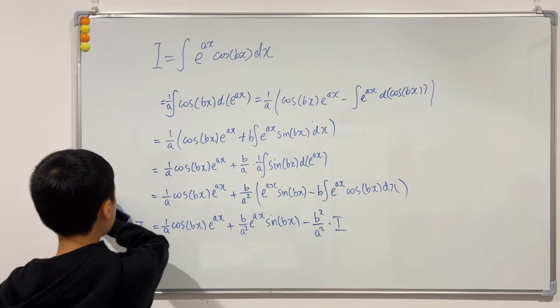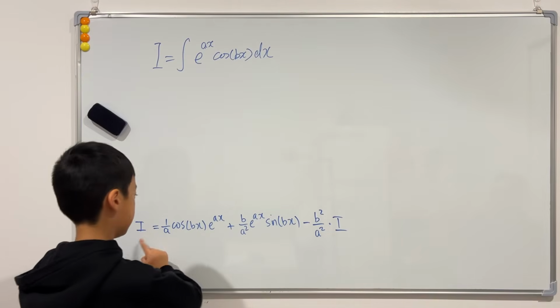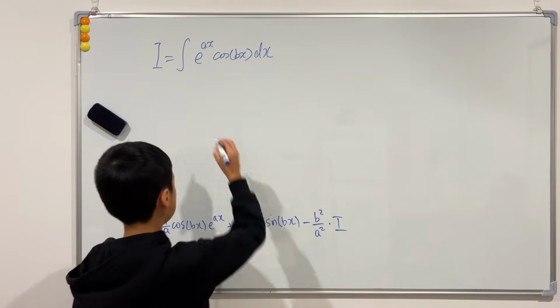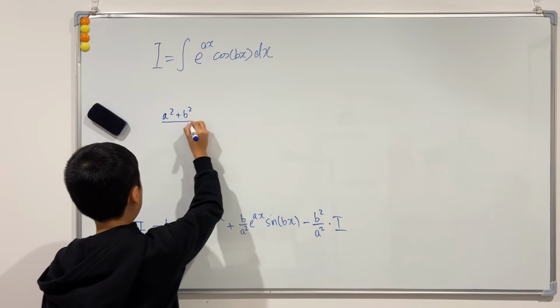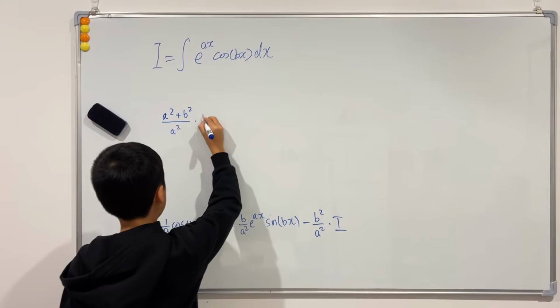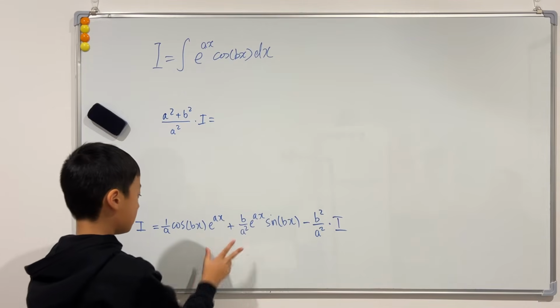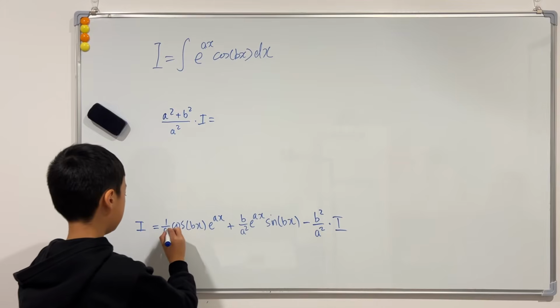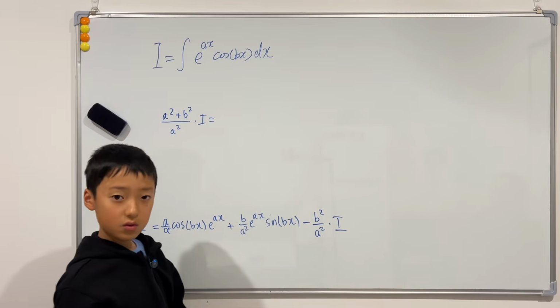So if I rub everything out, if we move this to the left hand side, then we can see that a squared plus b squared over a squared times I is equal to, if we combine these using the common fraction, then this becomes a squared and this is a. So if we add them up,